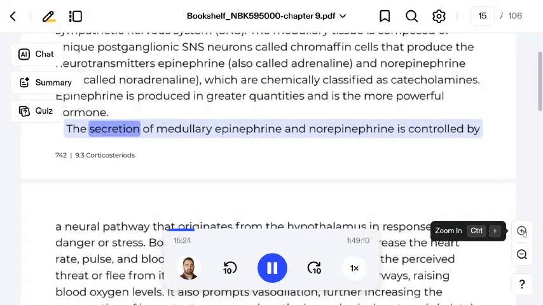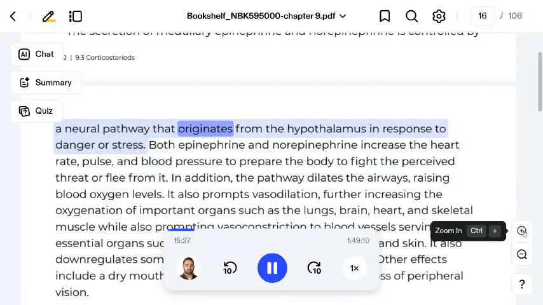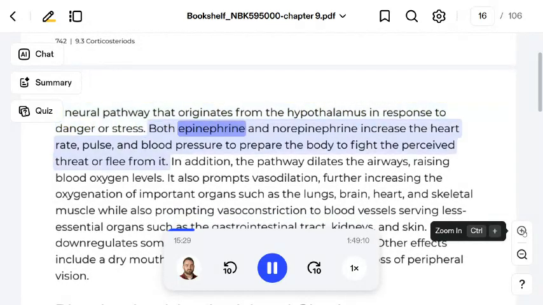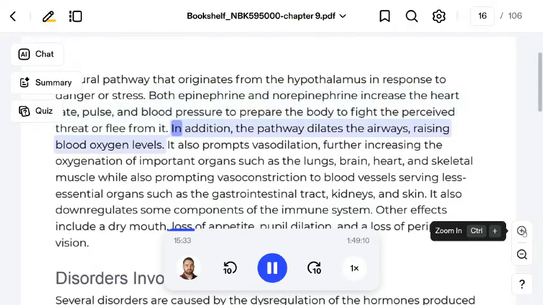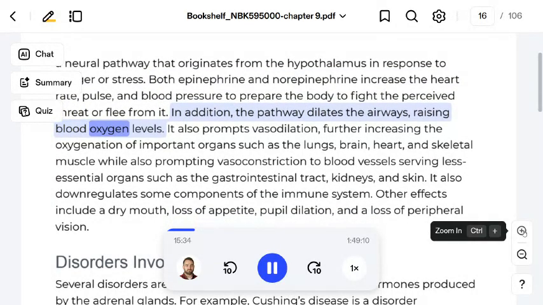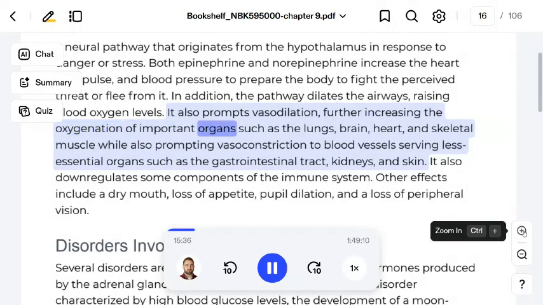The secretion of medullary epinephrine and norepinephrine is controlled by a neural pathway that originates from the hypothalamus in response to danger or stress. Both epinephrine and norepinephrine increase the heart rate, pulse, and blood pressure to prepare the body to fight the perceived threat or flee from it. In addition, the pathway dilates the airways, raising blood oxygen levels. It also prompts vasodilation, further increasing the oxygenation of important organs such as the lungs, brain, heart, and skeletal muscle,